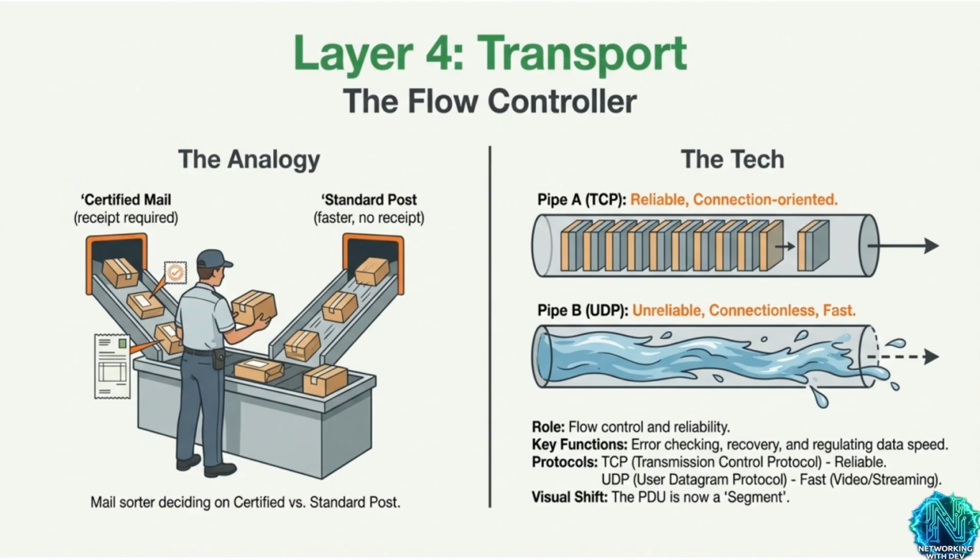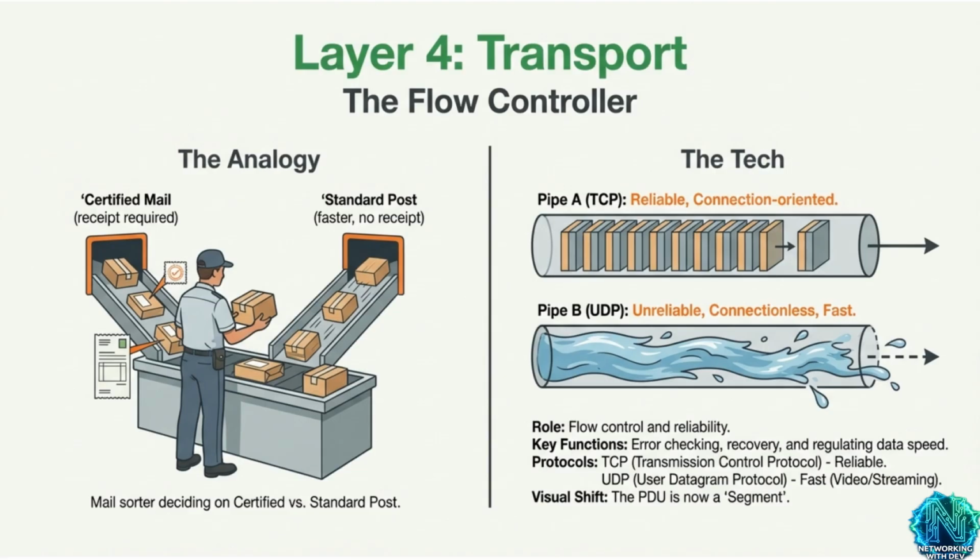This is exactly how the technology works at this level. Its primary job is to ensure flow control and overall reliability of the data transfer. This layer handles error checking, data recovery, and regulates the speed at which data is sent, so the receiver isn't overwhelmed. We primarily use two pipes here: TCP, Transmission Control Protocol, which is reliable and connection-oriented, and UDP, User Datagram